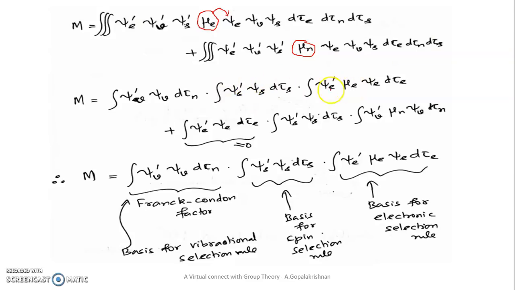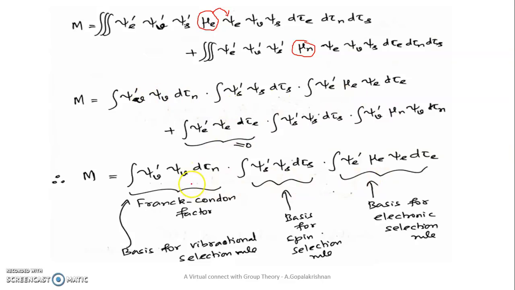Yeah, then we have this part. So this integral is not 0. Whereas if we come here, in this case, listen, the ground electronic level and the higher energy electronic level, the two electronic levels of a same molecule, they are orthogonal. So this integral is 0, therefore this entire part becomes 0. So we are left with only this one.